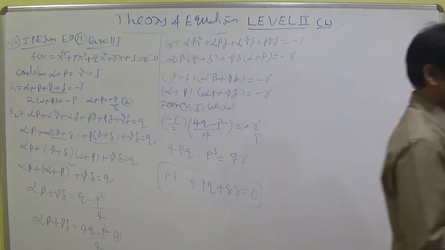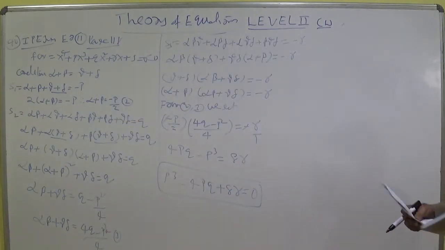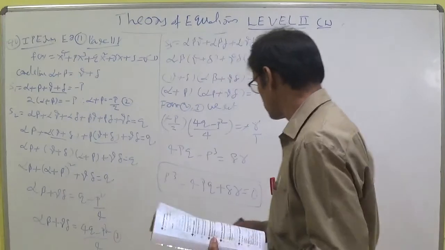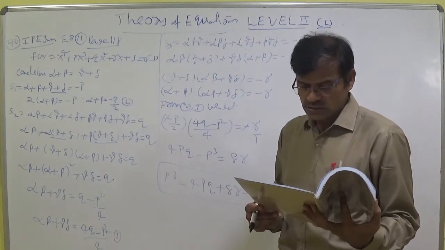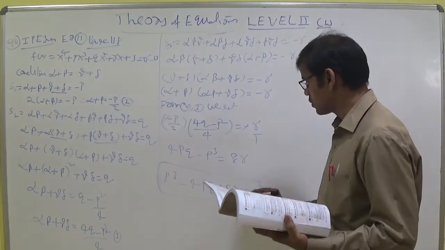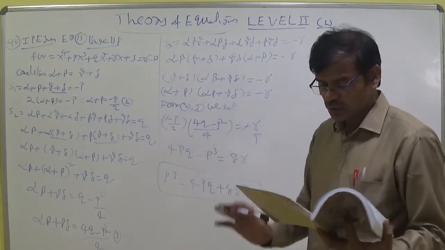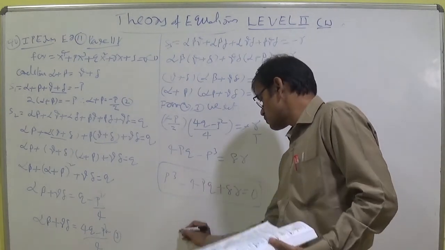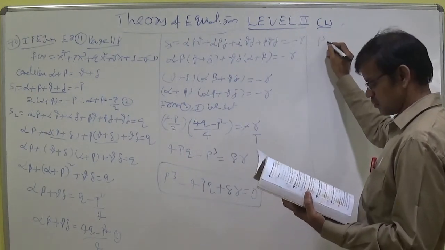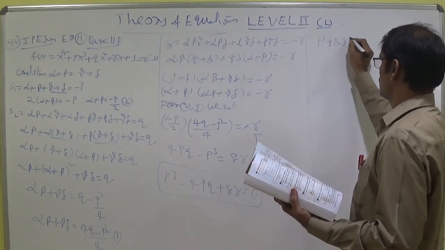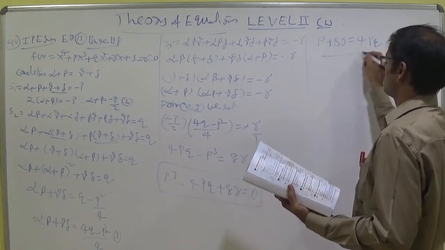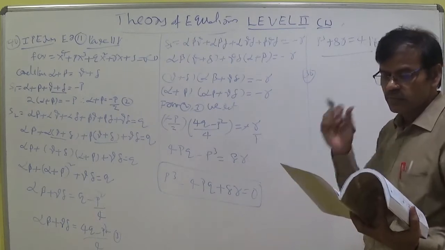There is a condition that if the two roots of the biquadratic equation are equal to the other two roots, then the condition is p cube minus 4pq plus 8r equal to 0. This is the 40th question in IPE also. So p cube plus 8r he is asking. Whenever p cube plus 8r is asked, the answer is 4pq. The condition he is asking, p cube plus 8r is equal to 4pq. This formula depends upon this one.